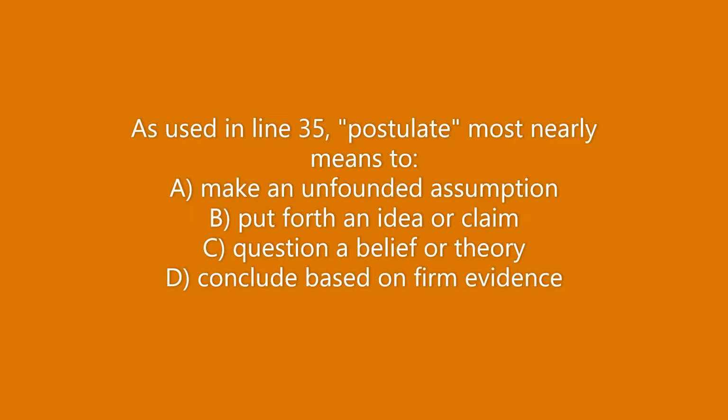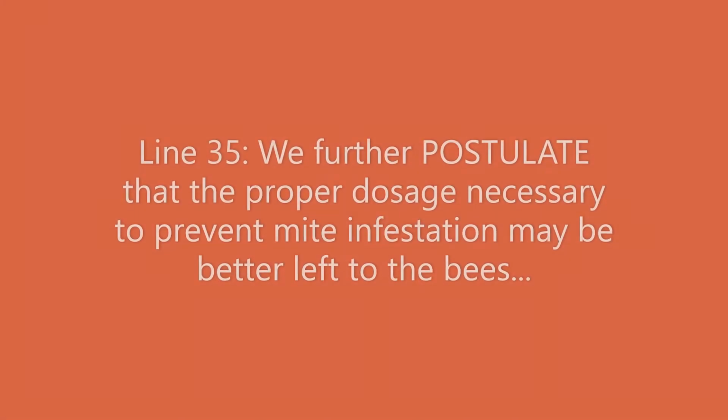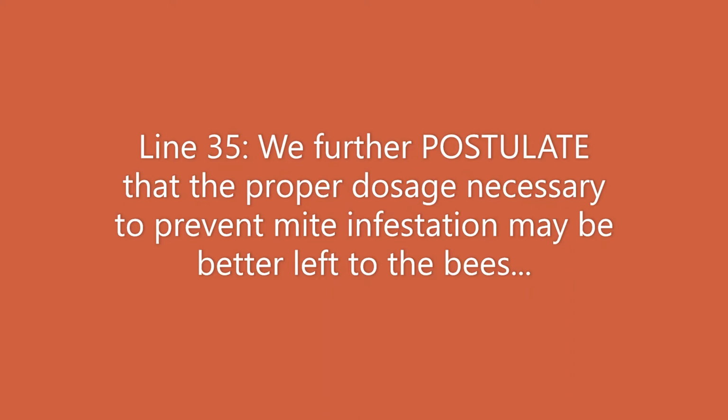What's the first thing that we do? Well, we read the question, and the question's telling us to go to a specific line, line 35. So I have line 35 up here. Go ahead and read it to yourself. You can see I didn't include all of the sentence that starts at line 35. I only have the first part of that sentence, because I didn't think there were any context clues that were going to be helpful after this point. You can do the same thing in your head.